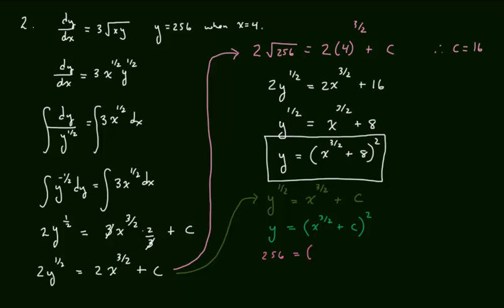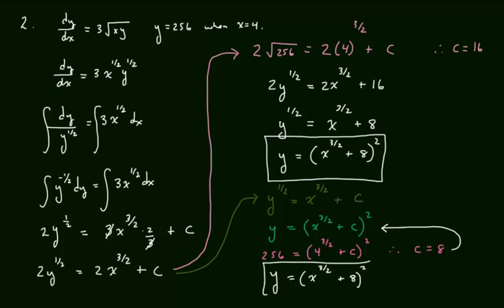So now I have 256 equals quantity 4 to the 3/2 power plus c squared. I'd have to square both sides, and ultimately I would solve for c. In this case, c came out to be 8. And if I plug this back into here, which is where I started to solve for c, then I get y equals x to the 3/2 power plus 8 squared, which is the same exact answer that I got before when I solved for c at a different